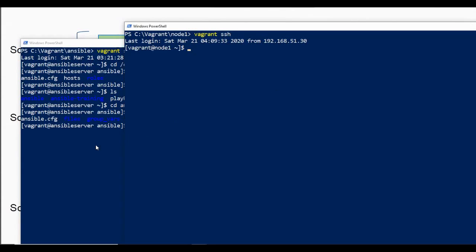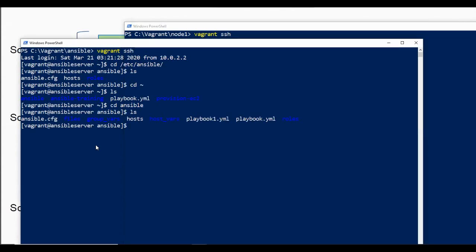Now these machines need not necessarily be on your local machine, or need not be a virtual machine itself. It can be a physical machine. It can be a cloud instance on AWS or wherever you think of. Where you want to install Ansible server has to be a Linux machine. Okay, so I have a Linux machine in here, and that's been built using Vagrant and VirtualBox. And I have installed Ansible on this.